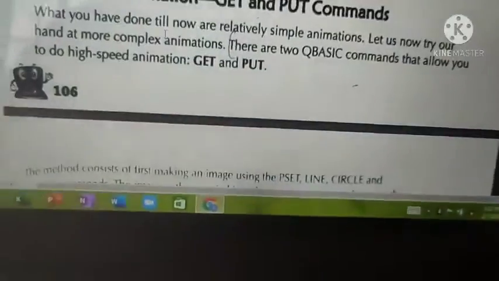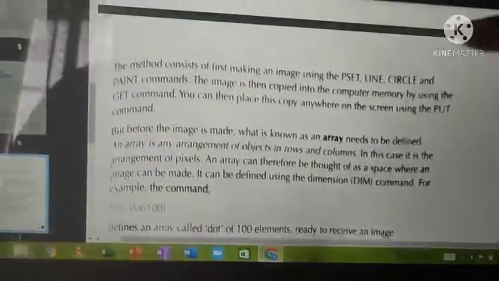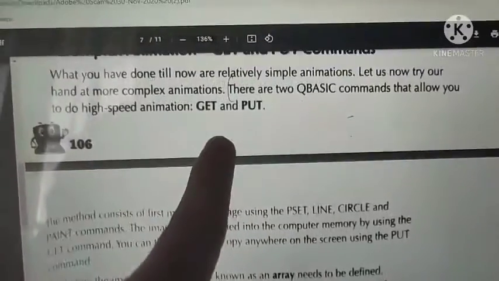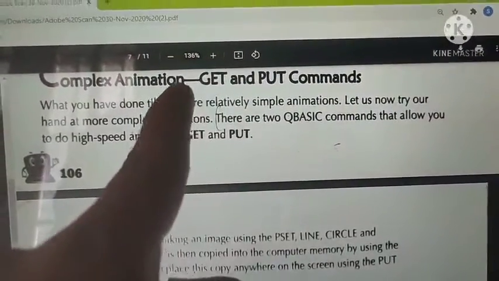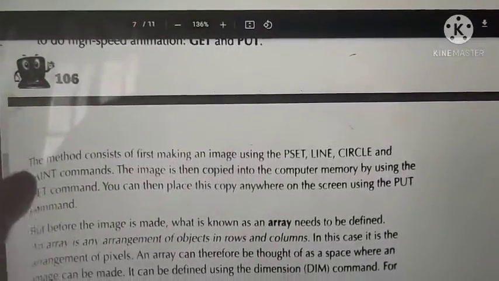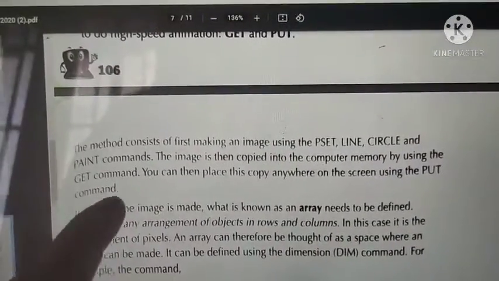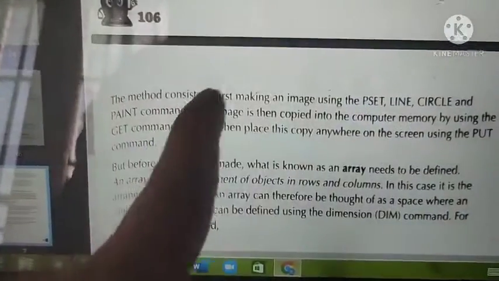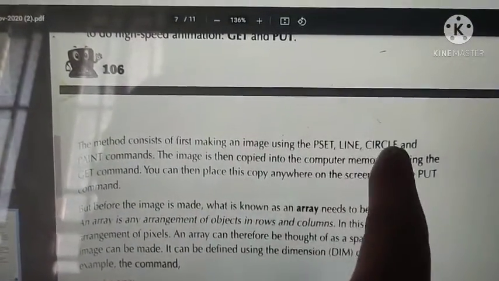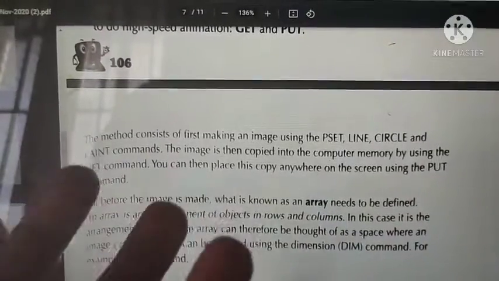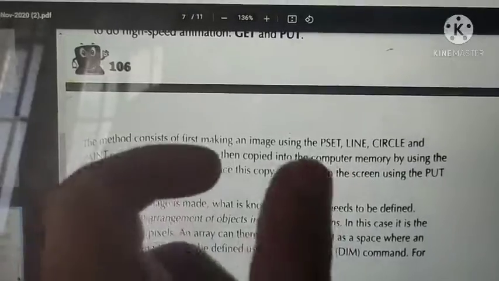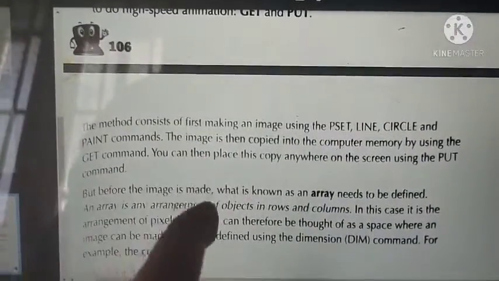Okay, these two allow you to do high speed animation.